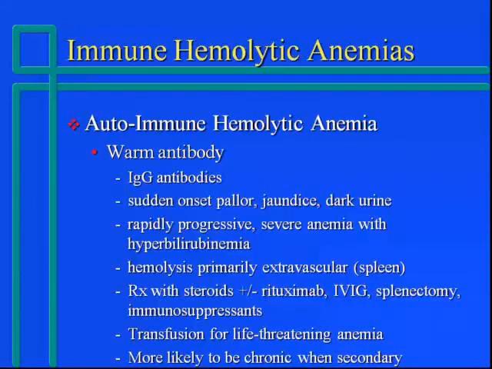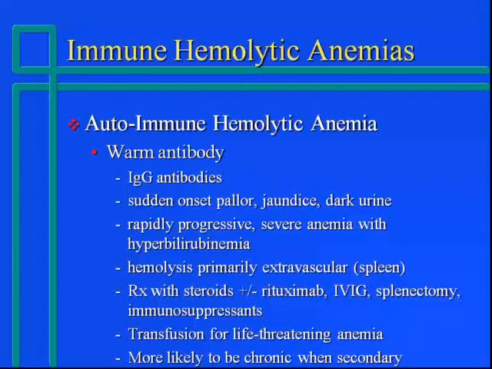The warm antibody autoimmune hemolytic anemia is an IgG antibody, and clinically this generally presents with the sudden onset of pallor, jaundice, and dark urine, and there can be a rapidly progressive severe anemia with hyperbilirubinemia. In this condition, the hemolysis is primarily extravascular, takes place in the spleen, and patients will very often have splenomegaly. This is frequently responsive to corticosteroids, and in the more chronic refractory forms, we also sometimes use rituximab, intravenous immune